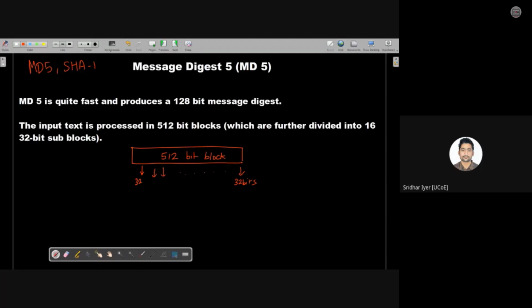So even if the plain text is of 3000 bits, the ultimate answer that you will get is 128 bit only. So don't get confused. However big your plain text is, it has to be divided into 512-bit blocks, and ultimately the answer you will get will be a 128-bit message value only. We'll see how it is done one by one, don't worry. Is it clear to everyone how it is done? Fine. Okay, so let's move ahead.